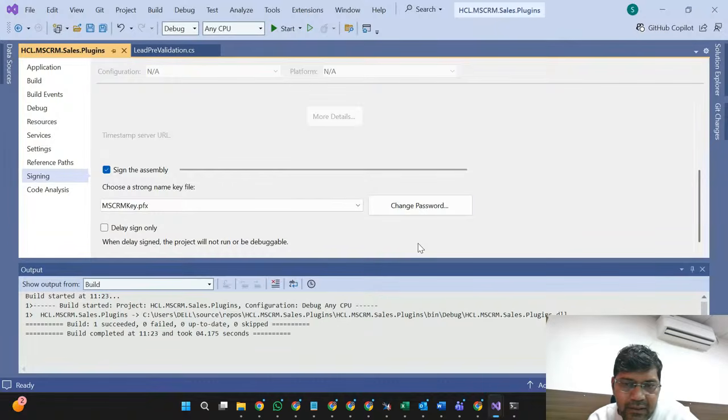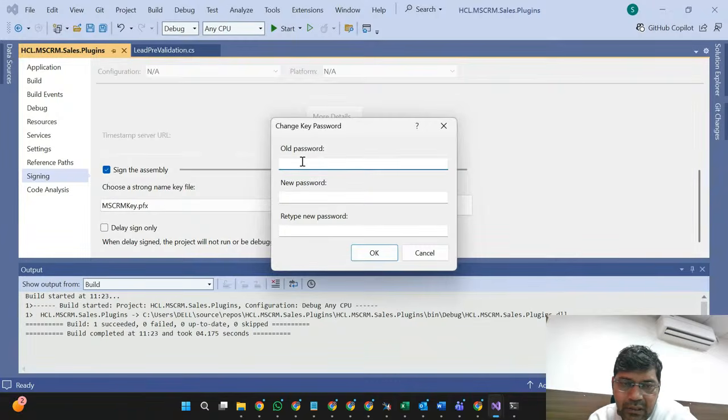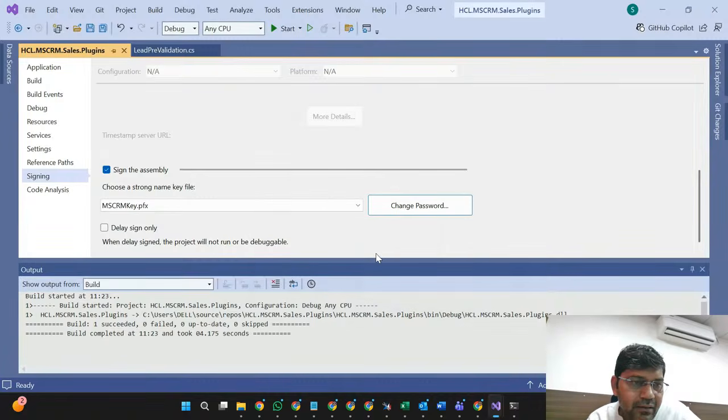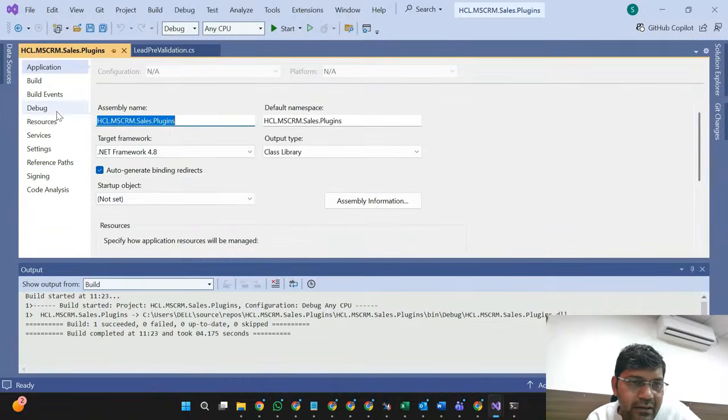Suppose you save it. If you want to change this password, you have to remember your old password so that you can change it. So make sure that if you are changing your password, HCL@4321, maybe next time you have to enter the same password, so you have to remember HCL@4321, and again HCL@4321. Same password you are changing, and there are no restrictions here.